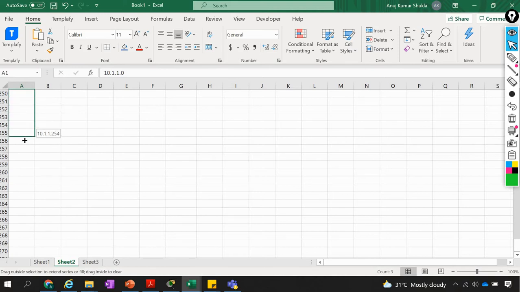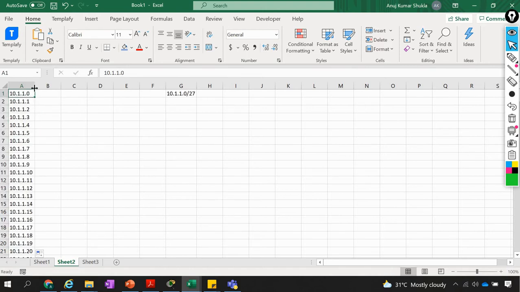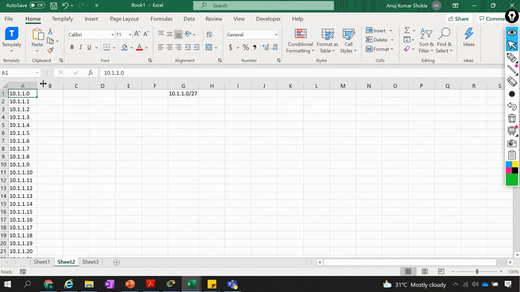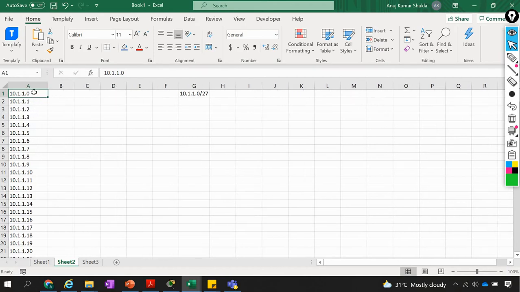We have seen the bits concept. We have 8 bits in one octet, in fact the last octet. That's why it goes up to 255 only. If you set all 8 bits to 1 and convert it into decimal, you get 255. So right now we have one network, whose first IP is 10.1.1.0 and the last IP is 10.1.1.255.